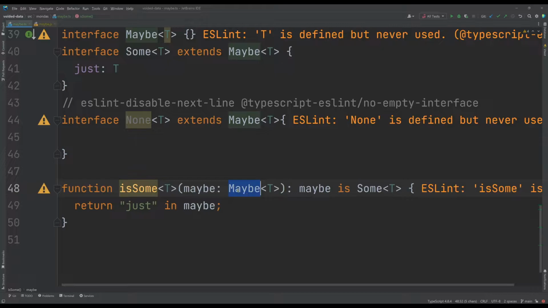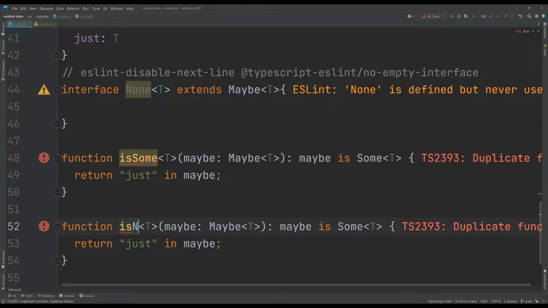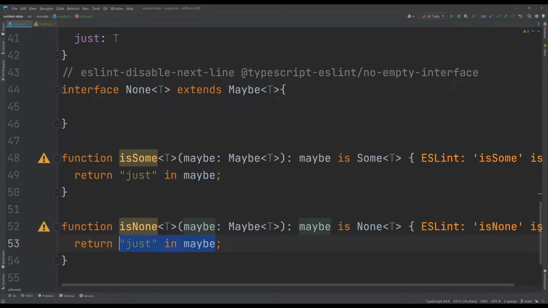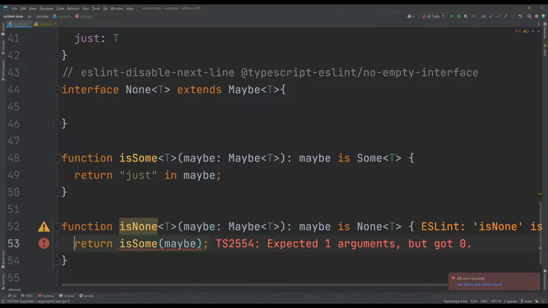So this is a method of telling if the option or maybe that we got back is actually the sum type or not. We'll look at a use case of this in a second. I'll just add the one for none as well. And we can just call the is sum type guard and just negate it.